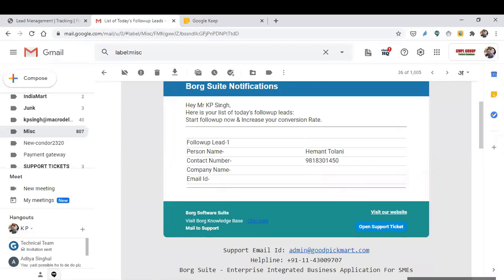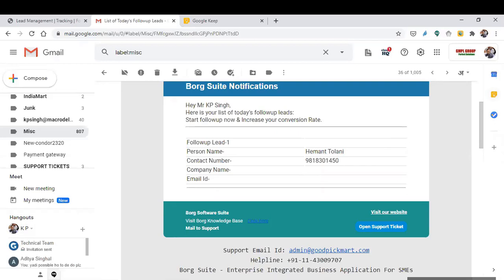And if I receive a mail daily, definitely that is reminding me for a whole day that my follow-ups are scheduled. These are follow-up schedules. For example, you have set a follow-up after a month for any particular person. Generally we forget. Even if we are setting a follow-up for the next week, still we forget. So this system is reminding us on that particular day. Hey KPC, these are follow-ups that have been scheduled for a particular day.